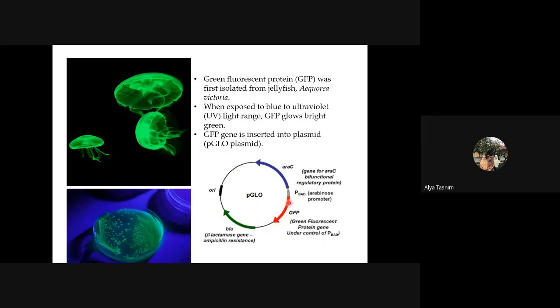So bila bakteria plasmid dah ada GFP gene ni, dia boleh menghasilkan protein yang membolehkan bakteria tu glow juga. Okay, so when you insert the GFP gene into the bacterial plasmid, now the bacteria can also glow under UV light because now the bacteria is capable of producing the green fluorescent protein that was initially produced by the